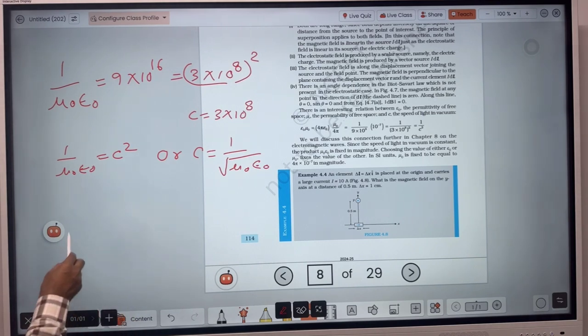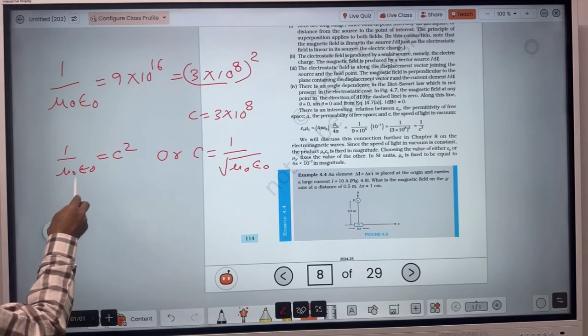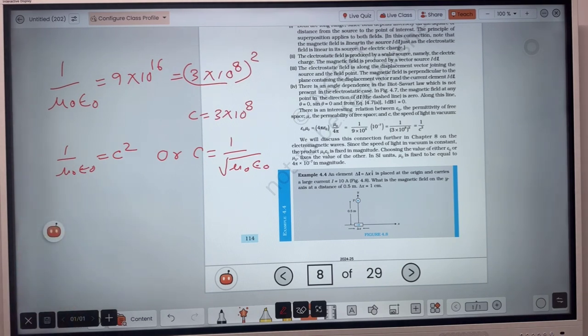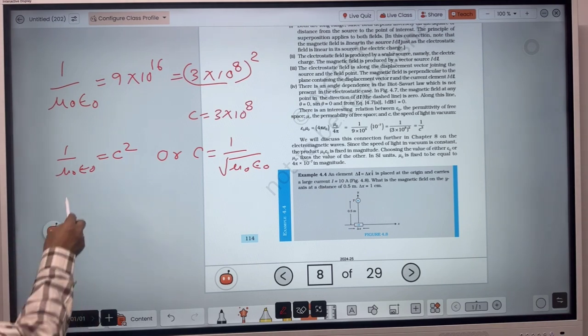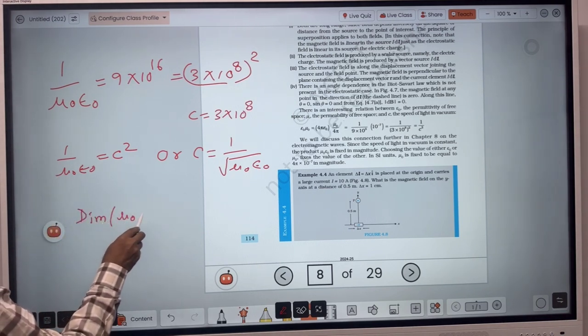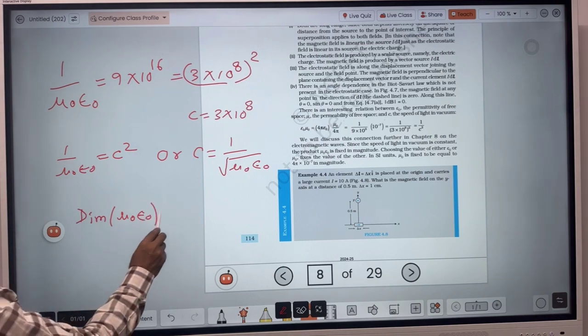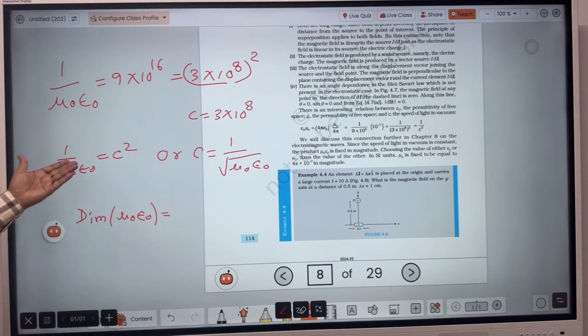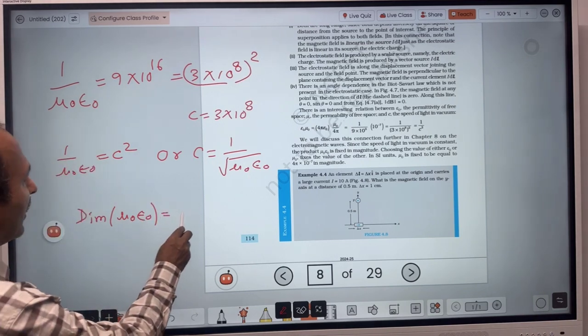Now suppose in exam sometimes this question comes: find the dimension of mu naught epsilon naught, or root of mu naught epsilon naught. Then you can easily evaluate. Suppose you want to find out the dimension of mu naught epsilon naught. So what will you do? Take it in numerator. So dimension of